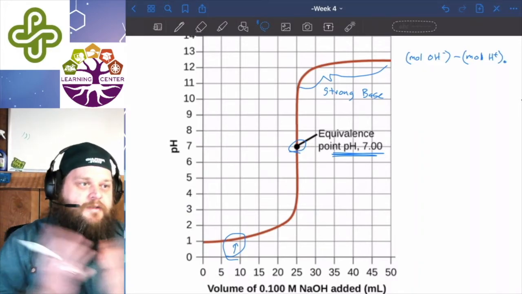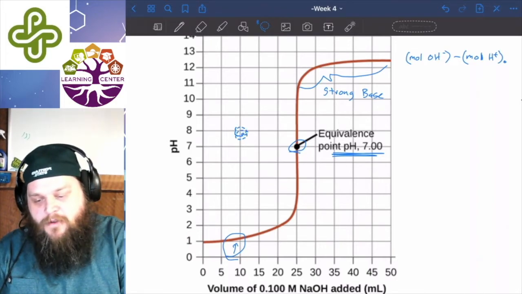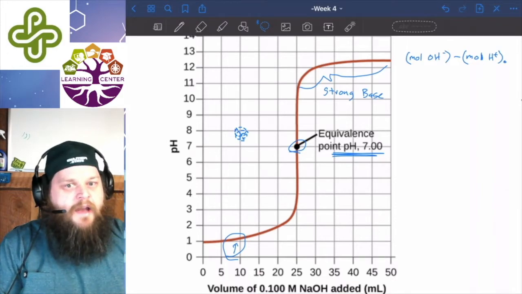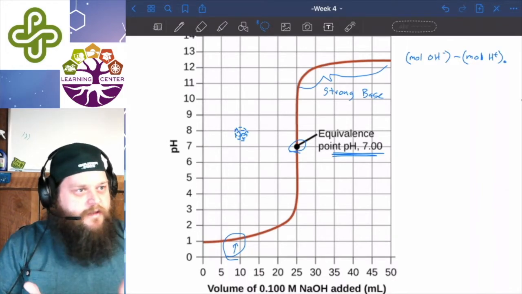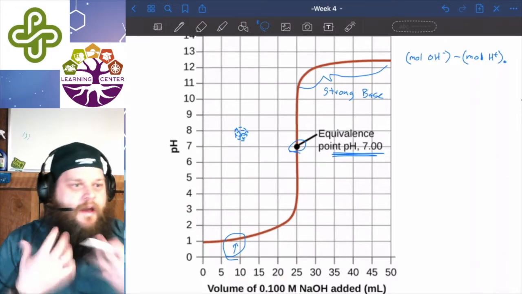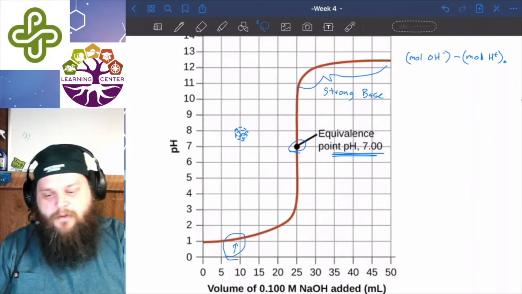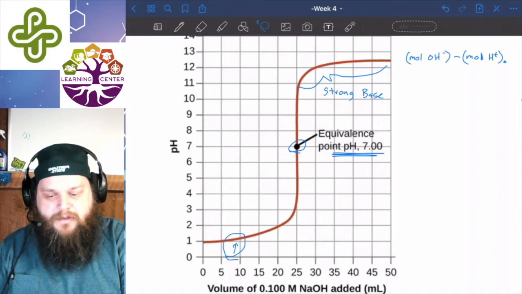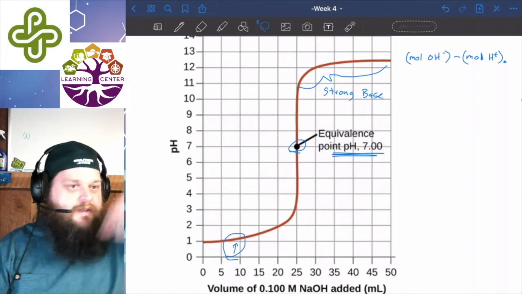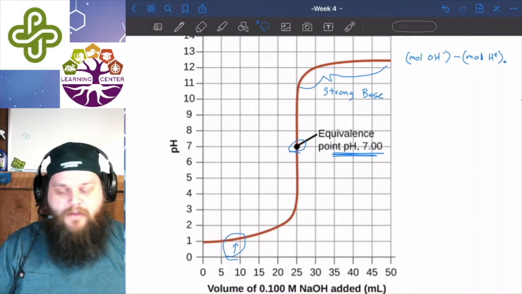Anytime it's a strong base, you just have to subtract out, because at first, over in this area, all the hydroxide you were adding was turning into water until it used up all the acid that was in there. After the equivalence point, the hydroxide is just floating around in there freely. So it's increasing the base level dramatically at first, and then it levels off into this really high base. It eventually just keeps tapering up at a very slow rate as you add more sodium hydroxide.